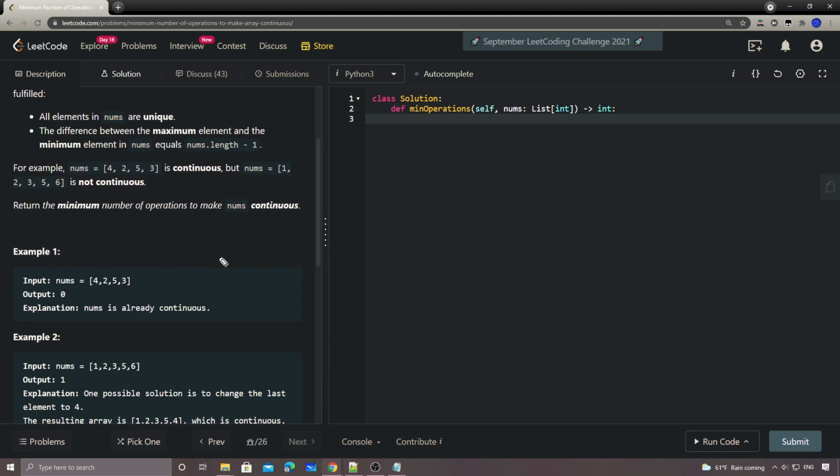This one is actually kind of straightforward. Basically, first we want to sort this array, because if we sort it, then it's easier for us to find out which numbers we need to change. And how can we find how many numbers we need to change? So what we can do is